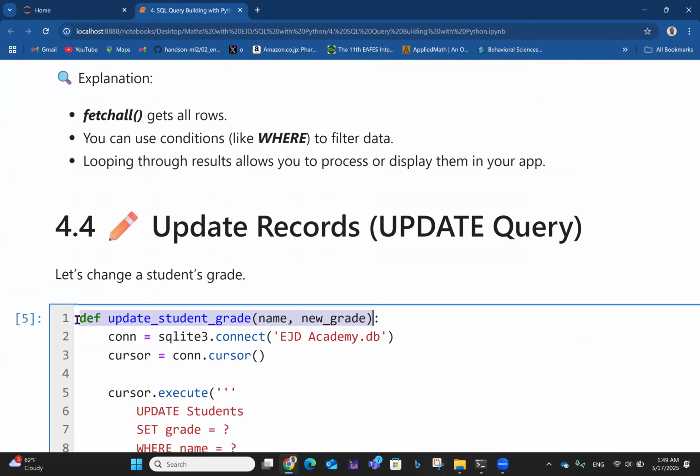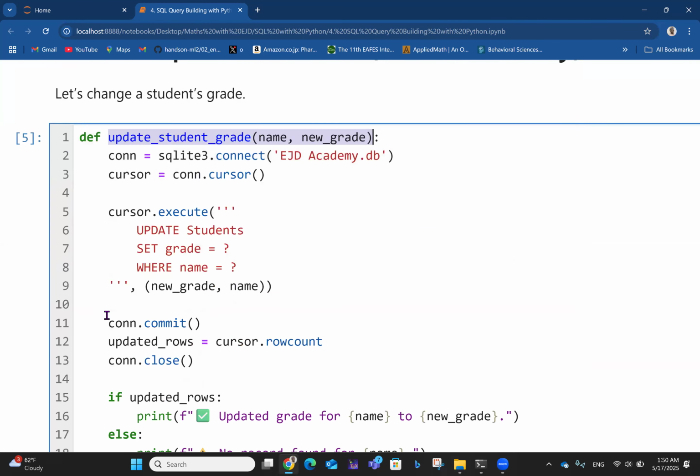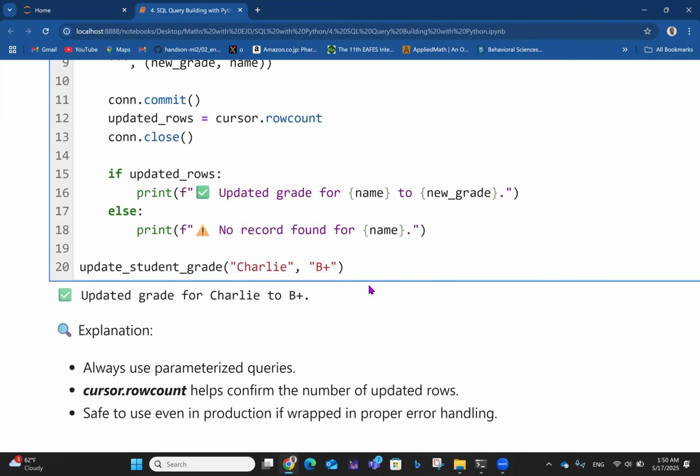So, to call this function, you start from the function name, and you replace the age, the name, and the grade you want to replace. So you have it here, right? So you could